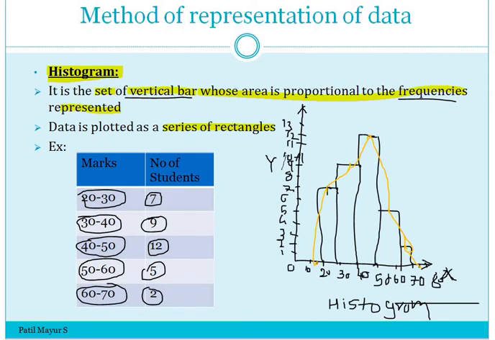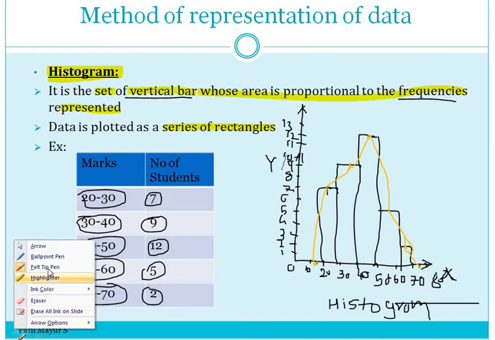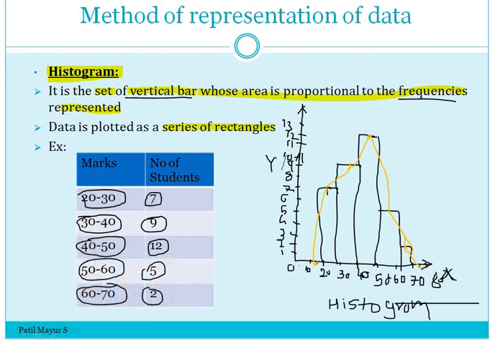Here we will take the same example. What we have done here is just draw a straight line. But instead of a straight line, if we draw by freehand, just like this, without any scale, then this red line becomes your frequency curve. So this is about the frequency curve.